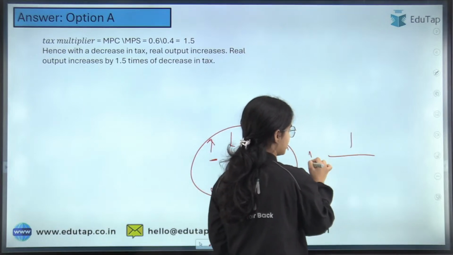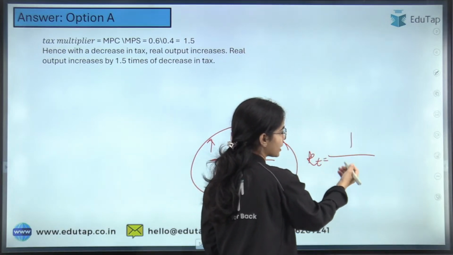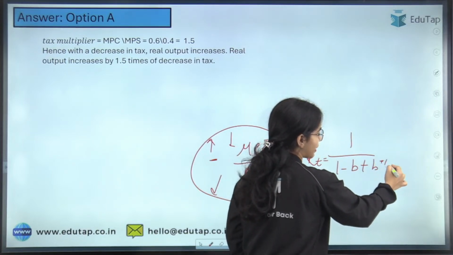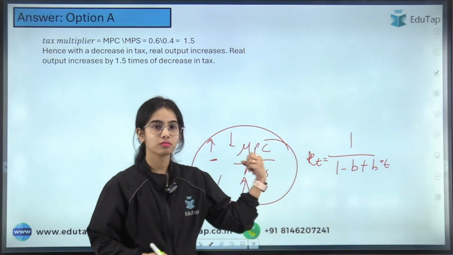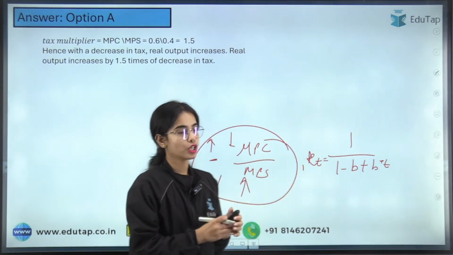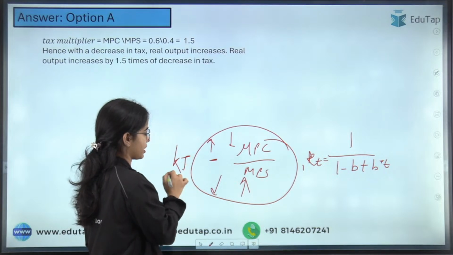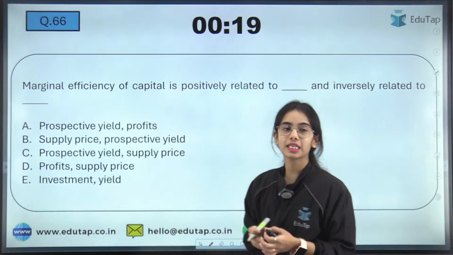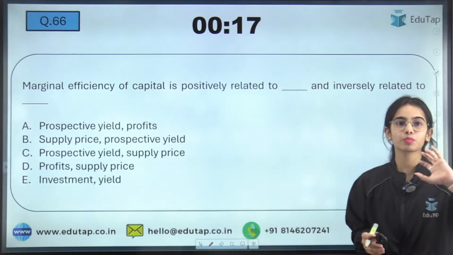The proportional tax multiplier is 1 upon 1 minus MPC plus MPC multiplied by tax rate. So that is your proportional tax multiplier. So this is your lump sum tax multiplier, and this is your proportional tax multiplier. Got it? Coming to the next question, marginal efficiency of capital is positively